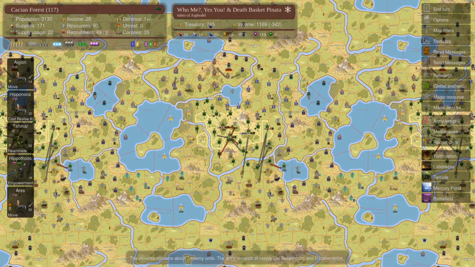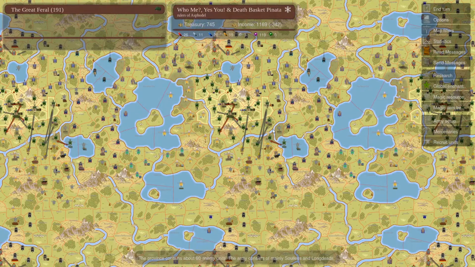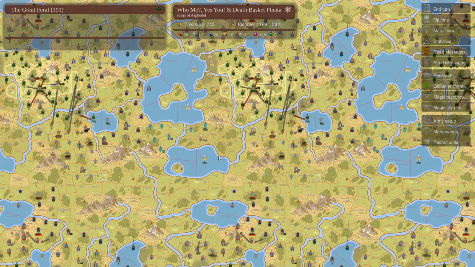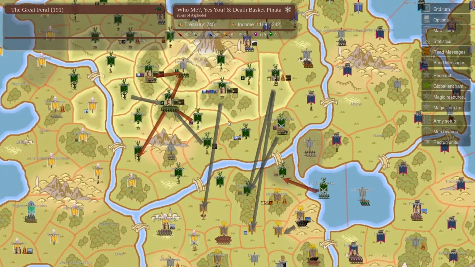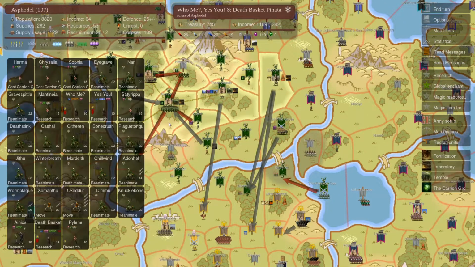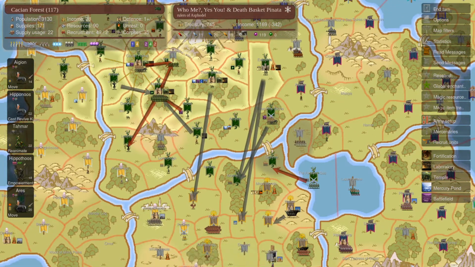Vanarus hasn't invaded anyone. Zabalba hasn't invaded anyone. That's probably it. I'm with two other players that haven't got involved in a war yet. Embarrassing. So this guy's empowering with water, and he's going to be my Foul Vapors caster, my only Foul